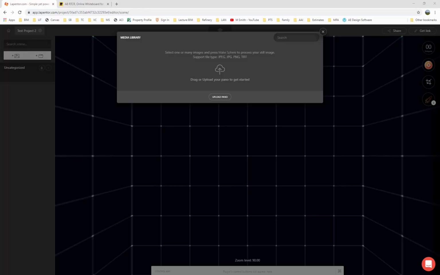So go ahead and let's upload a panorama. As you can see, the file support is JPEG, PNG, or TIFF, so you can upload any of those. In the previous video, I discussed that Lapentor takes mono, and it will actually turn your mono into a stereo if it needs to, so it does it on its own. But basically what you're going to need is some mono